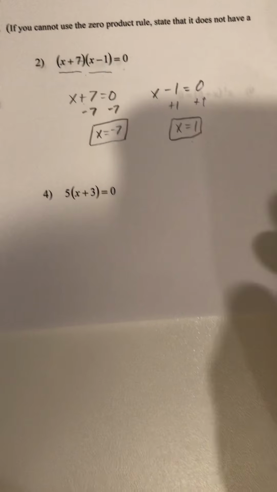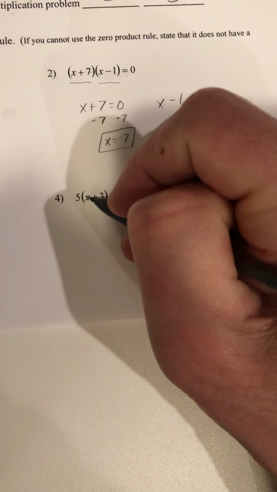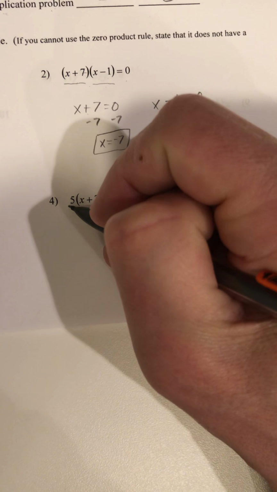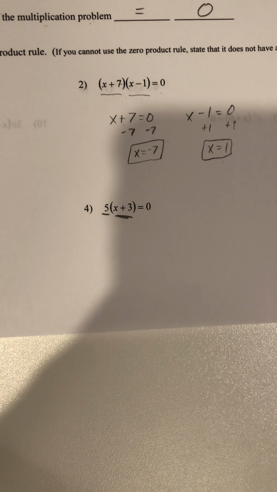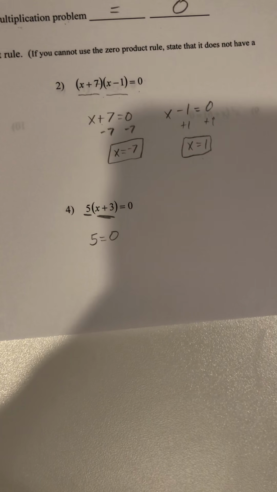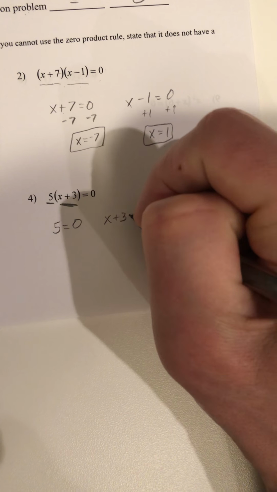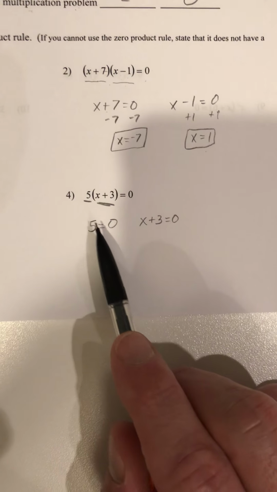Okay, number 4. So now we have another scenario. And we have a times problem equals 0, but you're going to see a little trick. We'll go front equals 0, back equals 0. But when we take the front, or the first factor, equal to 0, and the back, or the second factor, equal to 0,